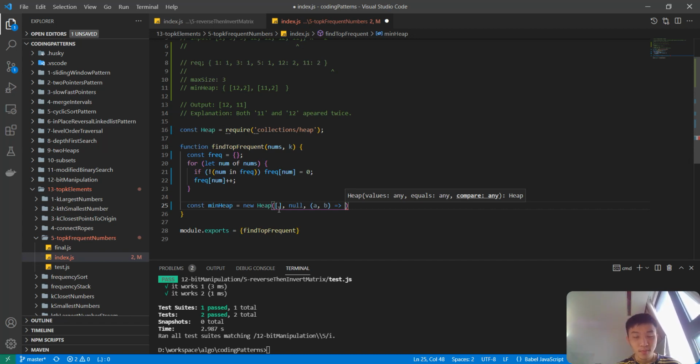Okay. So the item that we store in the heap will be an array, right? The first one is the number itself, and the second is the frequency. So the third argument to the heap will be an indication whether it is a min heap or max heap. Because it is min heap, I will provide